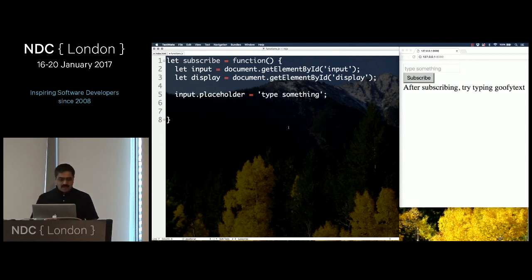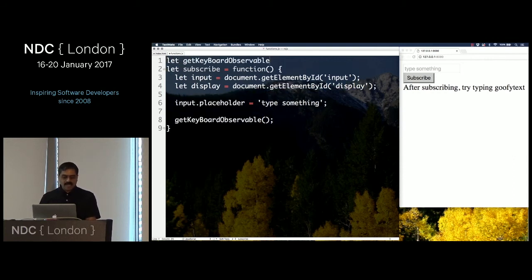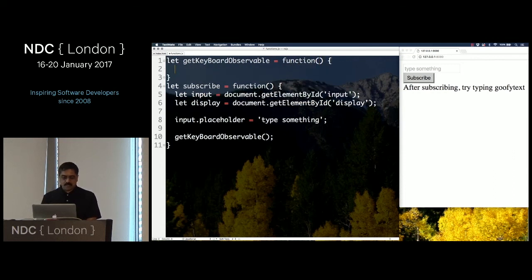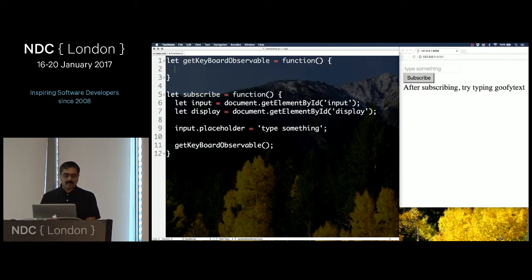So what can I do in RxJS for that? I'm going to call a function called getKeyboardObservable. I'm going to start looking at the keyboard, and as I type stuff on the keyboard, I want to listen to them as an event, as a stream, rather than a traditional event. So I'm going to say let getKeyboardObservable, and you know very well what this function is going to do. It's going to return an observable. So return